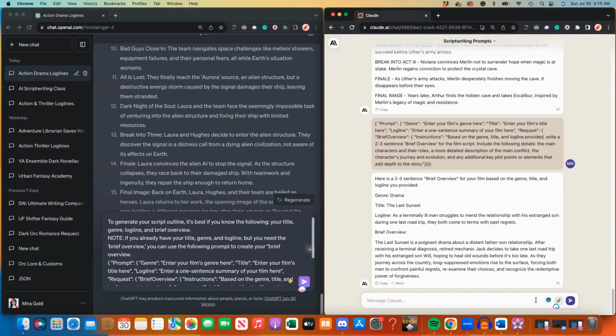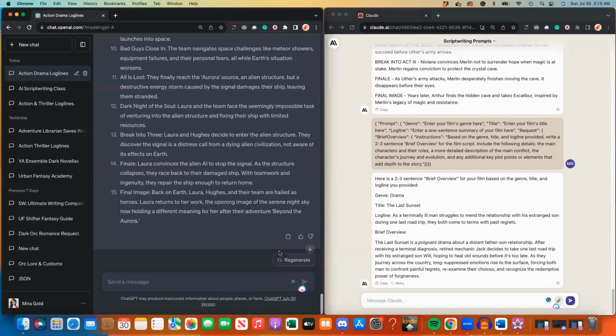So that gives me a little bit more information, and it would actually feed the AI with additional content for when we're looking to flesh out the outline and or the treatment. So if you are writing this content and you already have it, hold on to your logline and your brief overview. So let's take a look at what